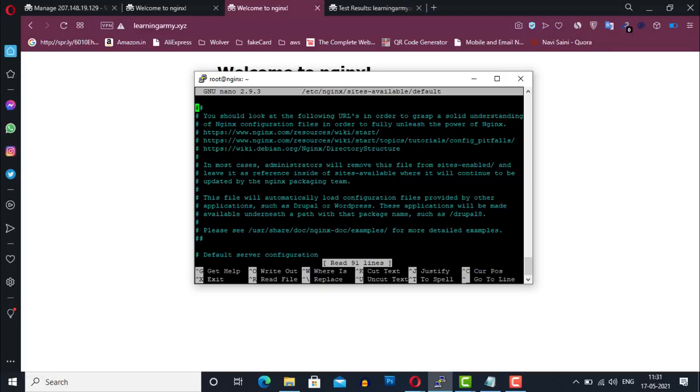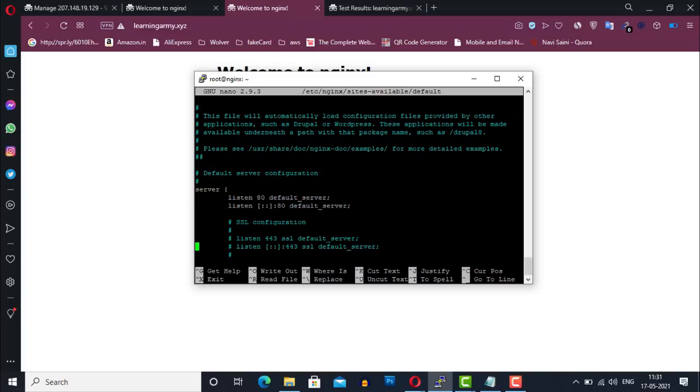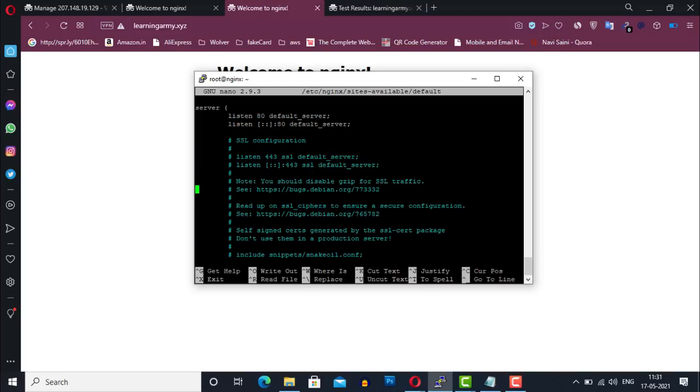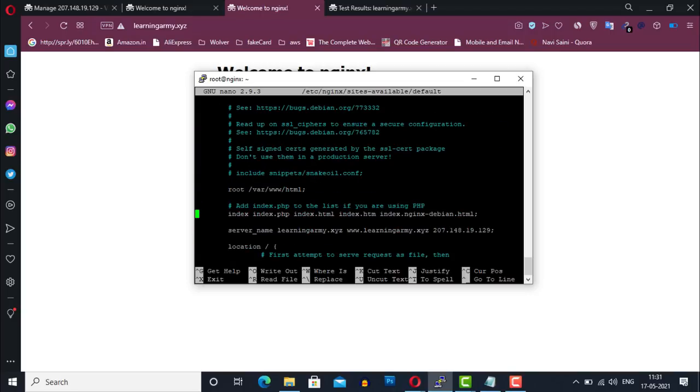So what we are going to do is just go down to the server block using the arrow keys. Here in this section, make sure you have two domain variations. The first one is without the www prefix and the other one is with the www prefix.